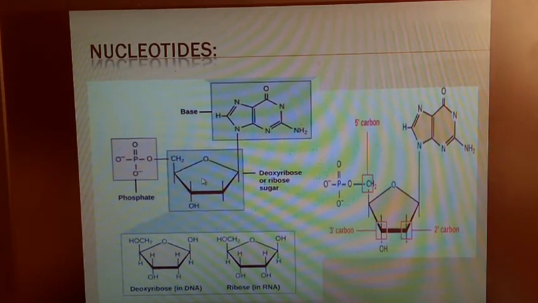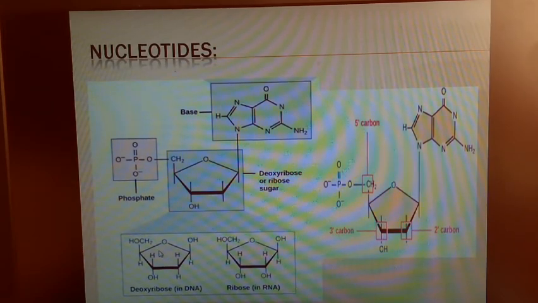So you can observe here, the pentose sugar may be deoxyribose or it may be ribose. So that is what is given here. So pentose sugar might be ribose or deoxyribose. So base is given. This is what I said. This is our fifth carbon where phosphate group may attach. Third carbon, phosphate may attach. Second carbon, phosphate may attach. First carbon, base is attached. So the pentose sugar with the base is a nucleotide. Base, pentose sugar and phosphate group is nothing but a nucleotide.